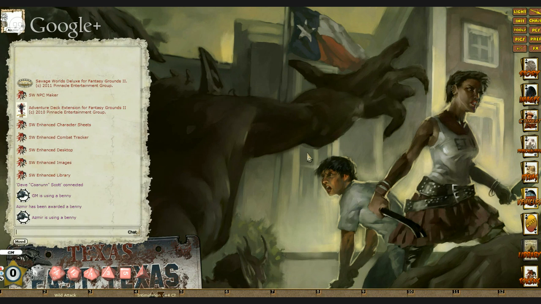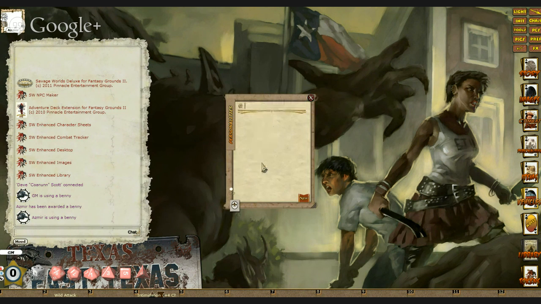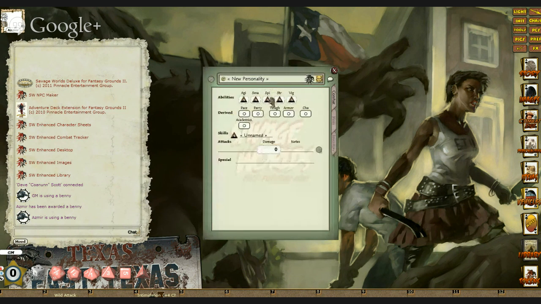Well, you're going to need to prep, of course. I mean, if you play face to face, you've got your books with you, and that's part of your prep. Now, on Fantasy Grounds, you can create stuff on the fly. I could create an NPC right now, but I'd still have to populate all that. Now, if you're in the middle of combat, that will slow things down, so you'd want to have that